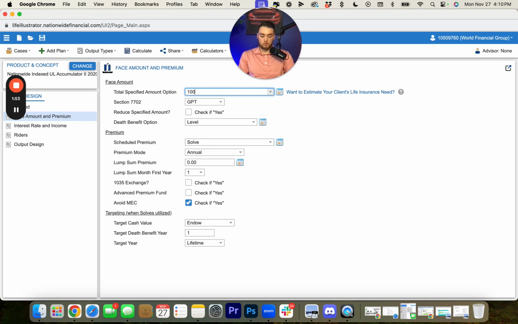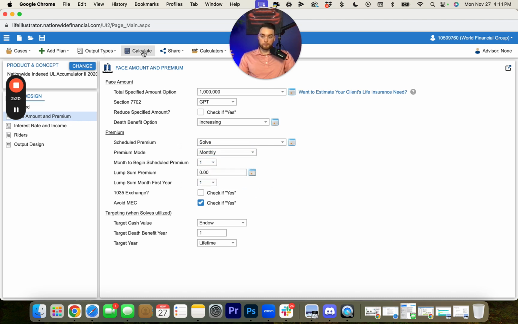And so the financial professional puts in $1 million here for the death benefit. This is the death benefit right here. And then the next portion is that you're solving for how much that's going to cost you per month. Okay, so you want $1 million in death benefit. Let's find out how much per month that's going to cost you. And then they would calculate for that. And while this is loading up, I'm going to talk a little bit about how that's the wrong way